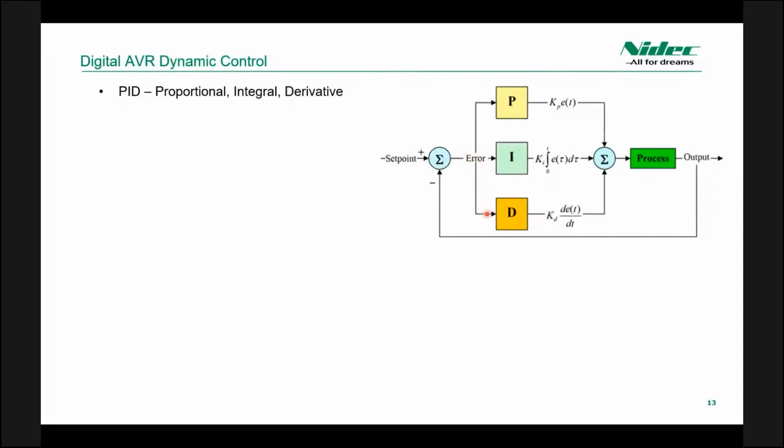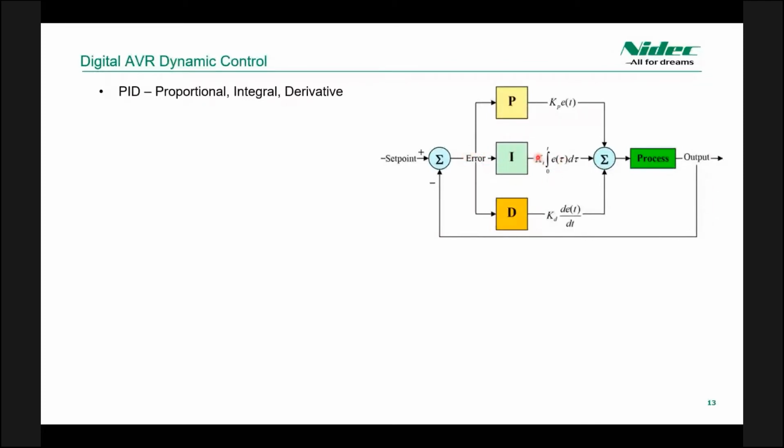And now I like to think of these three as three different workers, and each of these workers is observing this error in a different way. And don't worry, we don't have to do any math. These mathematical symbols are essentially there just to illustrate the idea. So these three are going to be looking at the error. The P, standing for proportional, is essentially looking at how large the error is in proportion to the set point itself. Are we way away from 480 volts, or are we somewhat near 480 volts? And the response will be in proportion to the disparity between the two points.